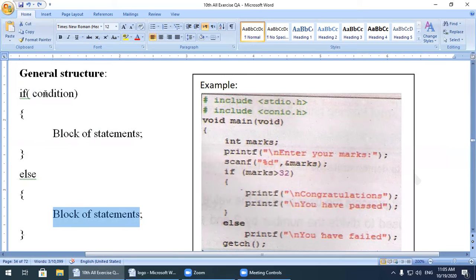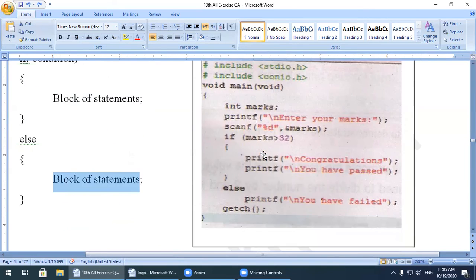So simply, when this condition becomes true, this block of statements will be executed, else will not be executed. When this condition becomes false, this block will not be executed, the else block of statements will be executed.